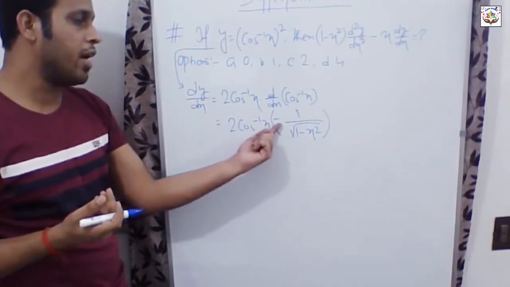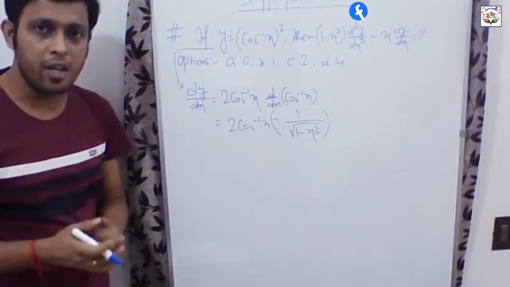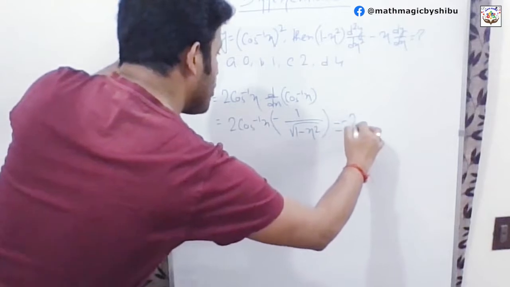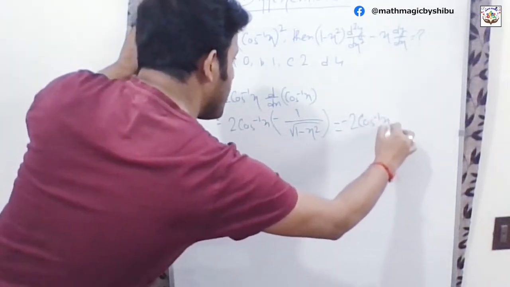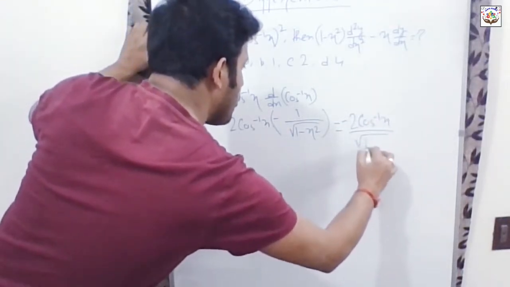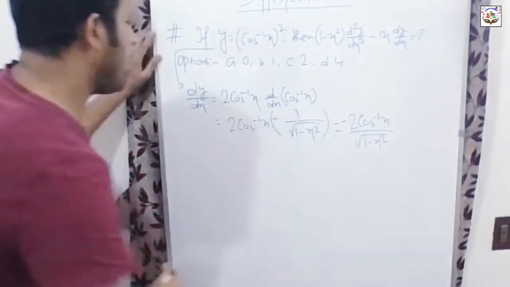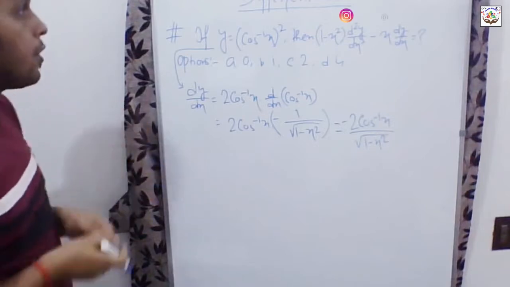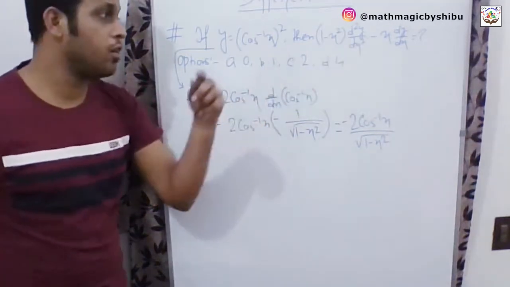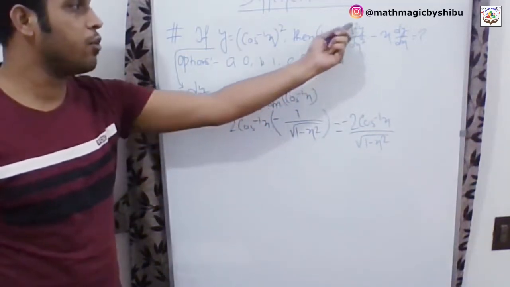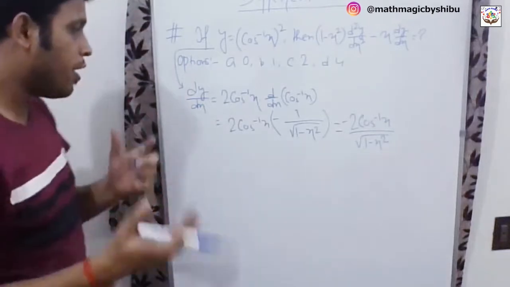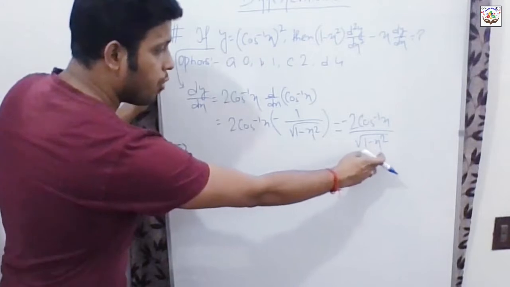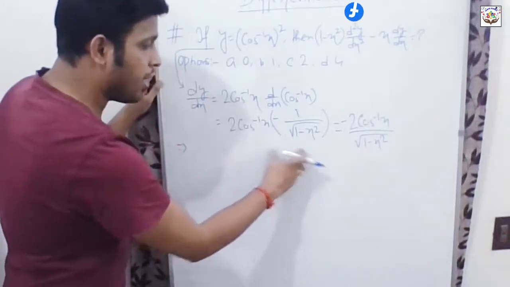There would not be any minus term in the differentiation of sin inverse x, right? Okay, so we have minus 2 cos inverse x divided by root over 1 minus x square as of now, as the derivative of this part. Now if we look at the resulting expression, we have 1 minus x square into d2y by dx square. So what we will do now, just look here in the denominator, this part equals to this part.